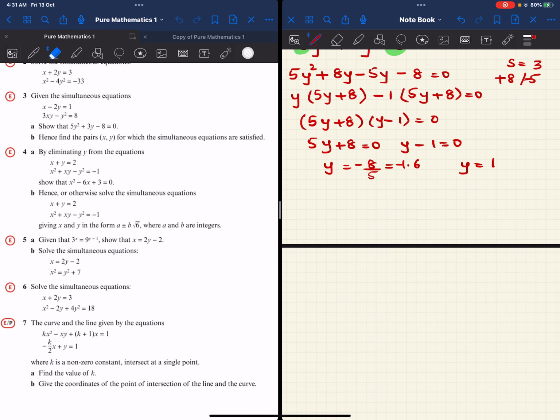So our two corresponding x values: x is equal to 1 plus 2 into the y value, and here also x is equal to 1 plus 2 into the y value. So our x value is 1 plus 2 into minus 1.6, which is equal to minus 2.2, and x is 1 plus 2. Therefore, x is equal to